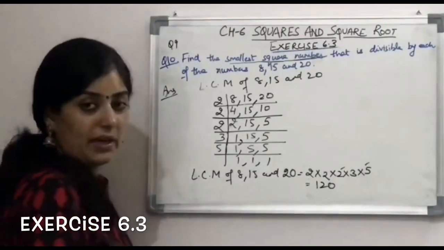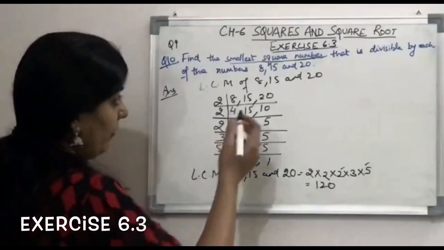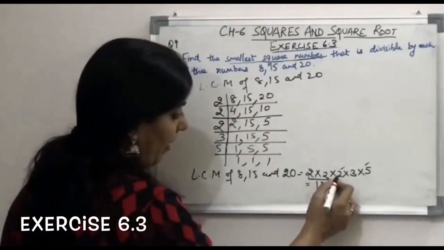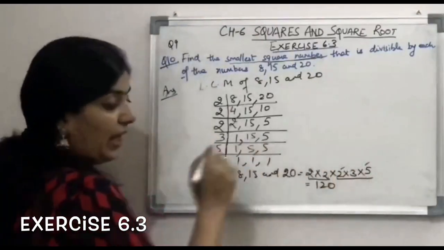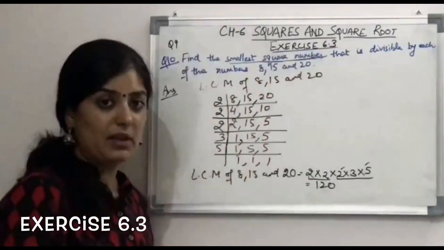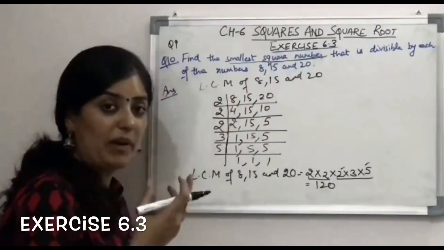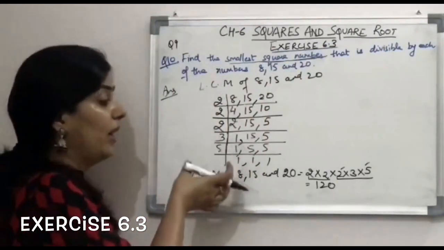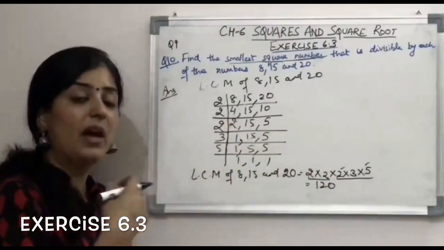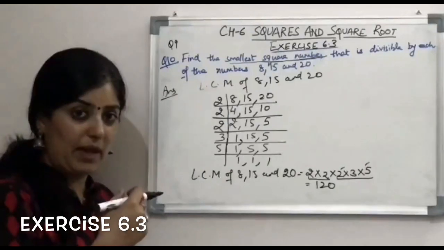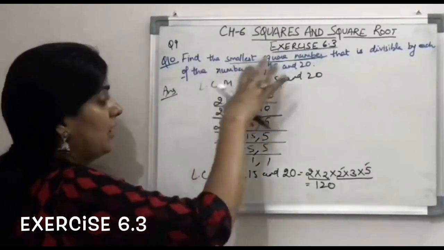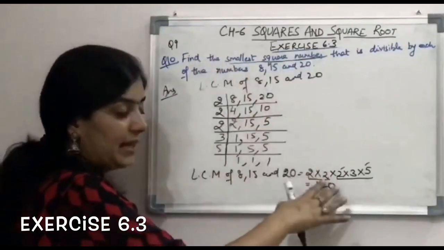But this is clearly not a perfect square. Why? We have to find the smallest perfect square, because we don't have pairs of all these numbers. We only have one pair here. So to find the smallest square number, this will be our next step. जैसे हमने 5th क्वेश्चन में किया था, find the smallest number by which this number should be multiplied. हमें एक number given होता था और हम find out करते थे उसको किससे multiply करें to make it a perfect square. So similarly in this type of question, LCM के बाद हमारा next step वही होगा.